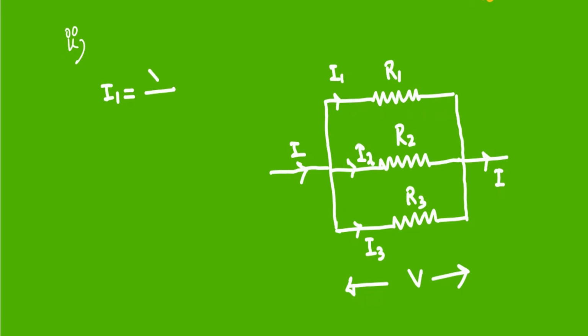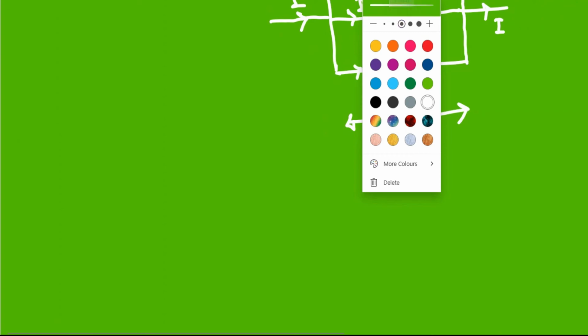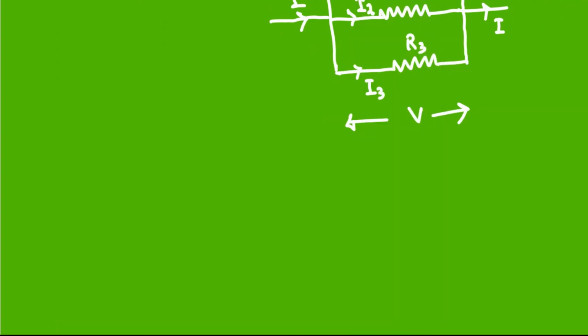Potential difference across the resistances will be the same. Now current flowing through the resistance R1 is I1, which is V by R1, and from that we can prove that in the numerator we should have the product of the other two resistances,